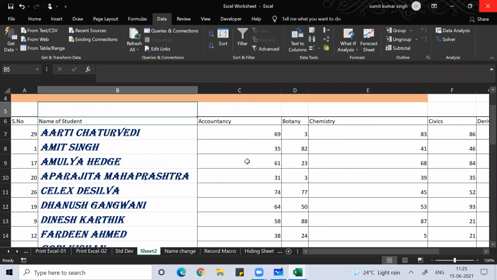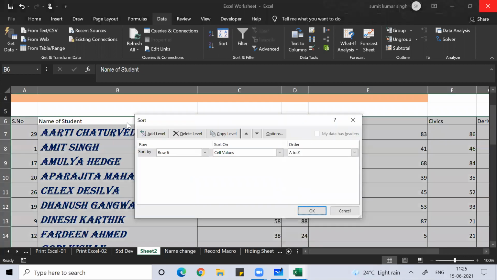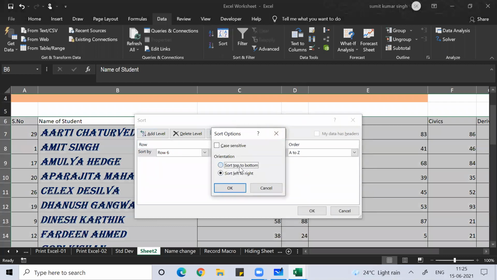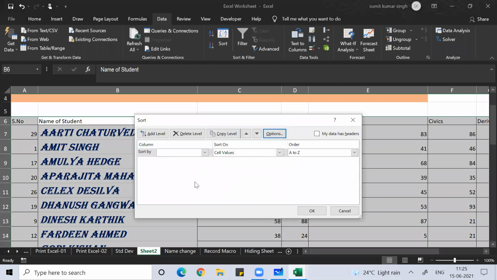Okay, see what I did, guys. As per our knowledge about Excel, we know Alt D S, we know that whenever we sort, we can sort from top to bottom. That much knowledge we have. So as per our knowledge, we can sort from A to Z, top to bottom. You can ask anyone. Maximum people know that you can sort only from top to bottom.